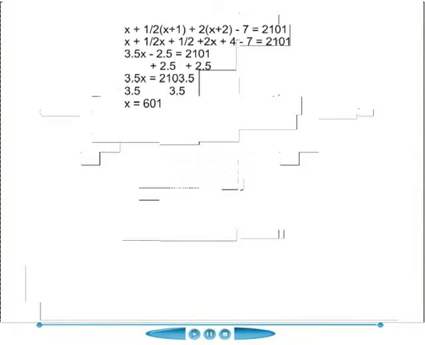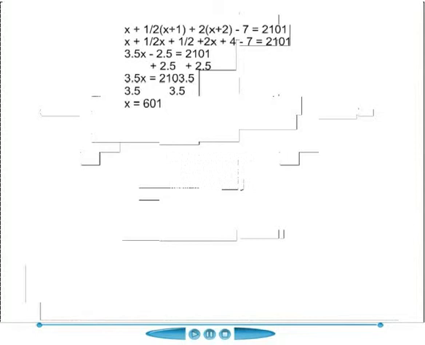Now let's combine our like terms. x plus 1/2 x plus 2x gives us 3.5x, and 1/2 plus 4 minus 7 gives us negative 2.5, and that's equal to 2,101. Now, normally I don't tell you to change fractions to decimals, but in this case it's a little easier to work with. So we're going to change 3 and 1/2 to 3.5, and we're going to change 2 and 1/2 to 2.5. So now we have 3.5x is equal to